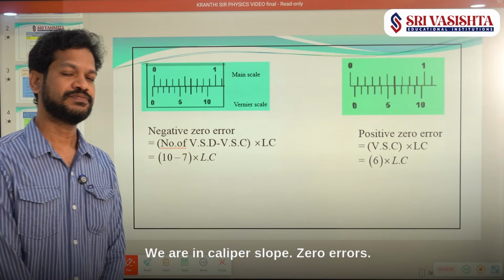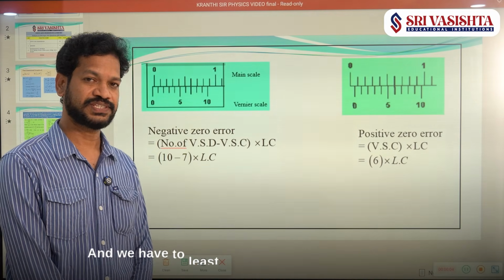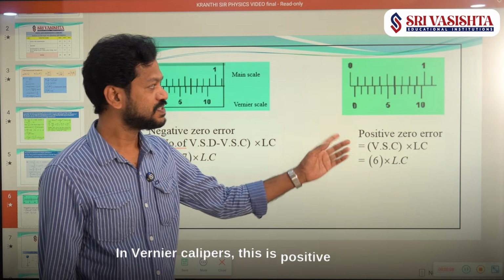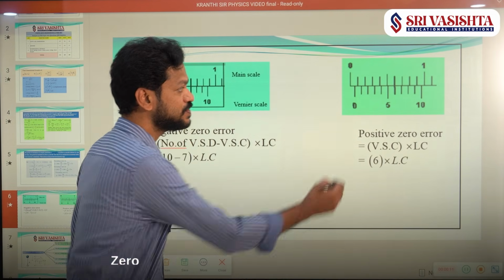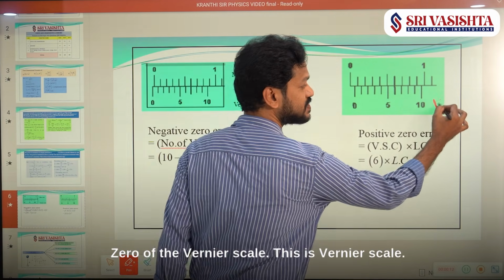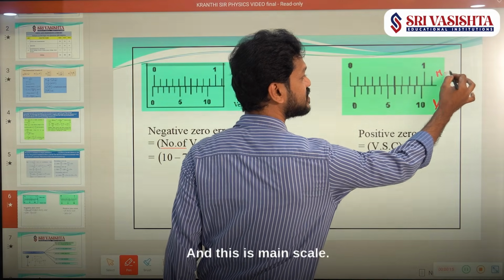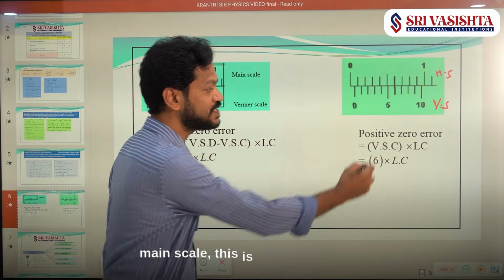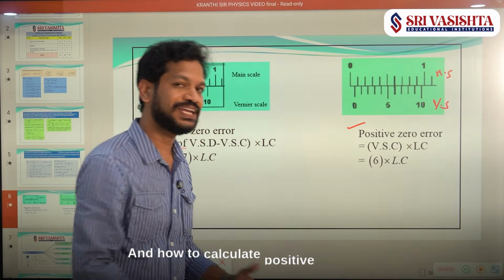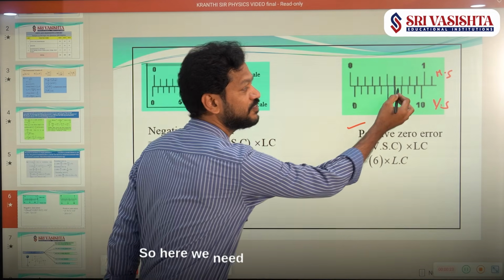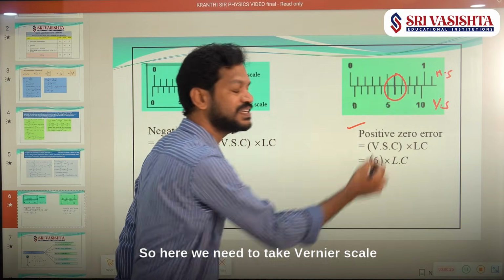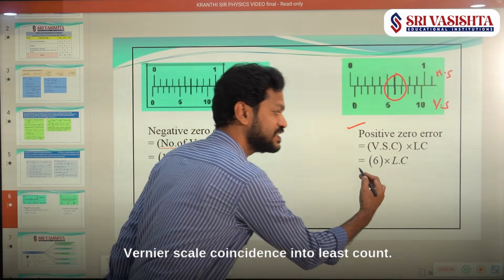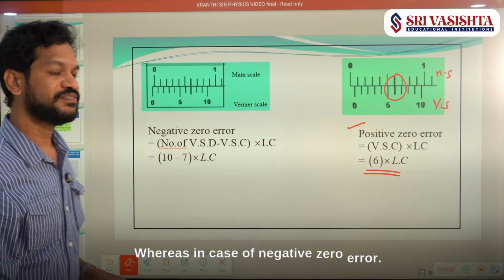In vernier calipers, finding zero errors as well as least count is a very, very important topic. So in vernier calipers, this is positive zero error: zero of the vernier scale, this is vernier scale and this is main scale. If zero of the vernier scale is towards right of the main scale, this is positive zero error. And how to calculate positive zero error? Here we need to take vernier scale coincidence. So what is the error? Vernier scale coincidence into least count. Whereas in case of negative zero error,